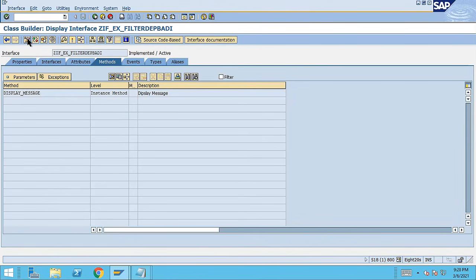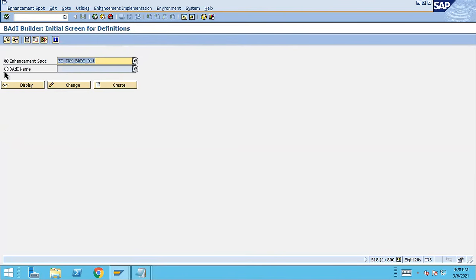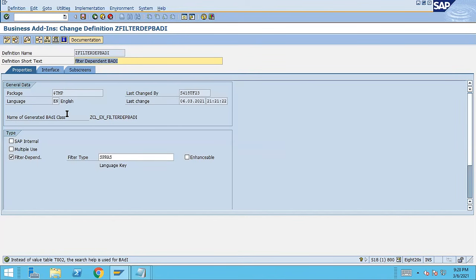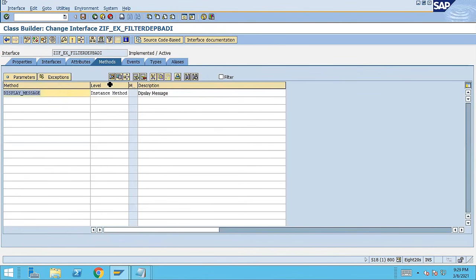Go into the change mode. Here the class interface can only be edited using the body builder, because this interface belongs to the body. You are supposed to activate or change through the body builder only. What's the transaction for body builder? AC18. Go to AC18, go to the jet filter body, go into the change mode, right? And go to the interface, click on this interface name, and now you can see that you are here in the